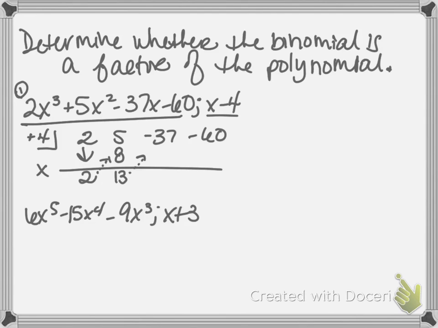We put our answer here. It's a positive 52. Subtract that 37, and you should get a 15. Multiply by 4. Put that underneath your next one. That's going to be positive 60, and our last number is 0. So remember that the last number is always going to be representative of your remainder. And so because our remainder is equal to 0, we can say that, yes,